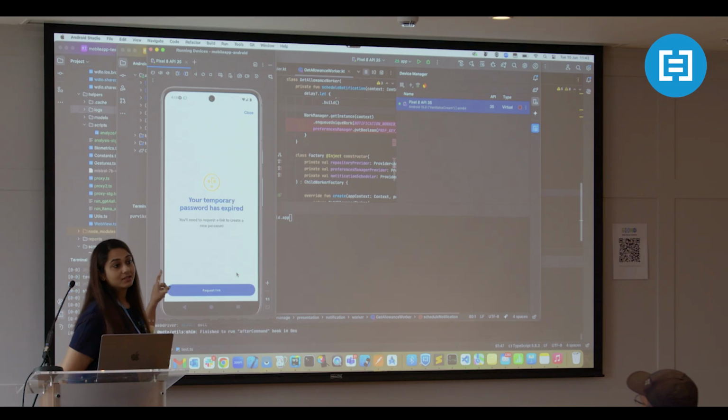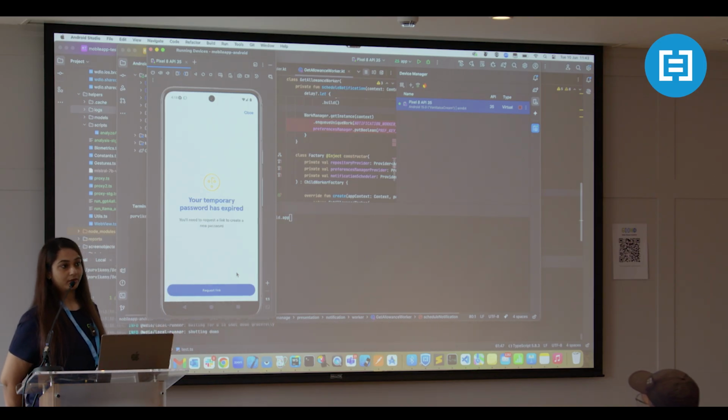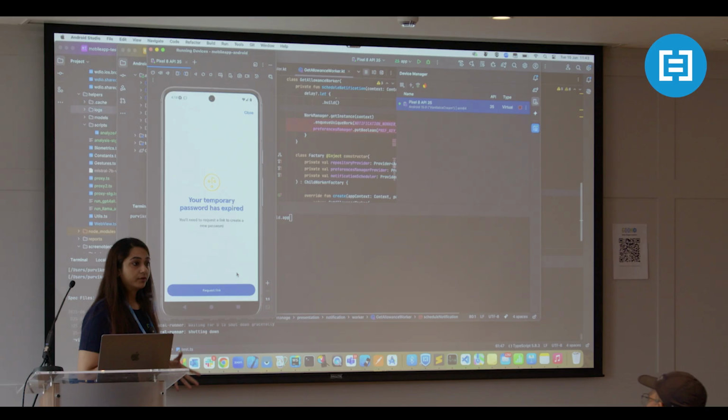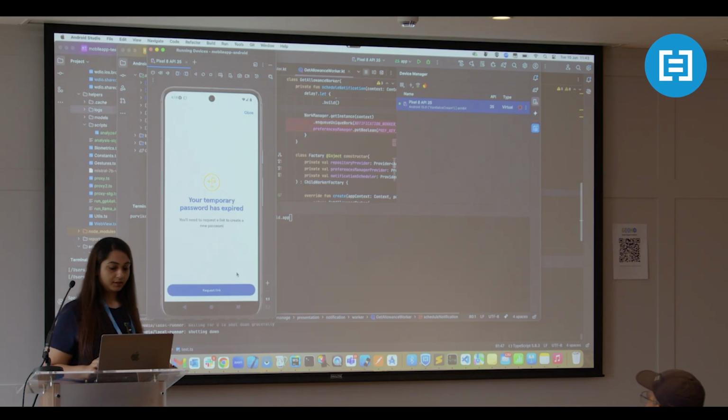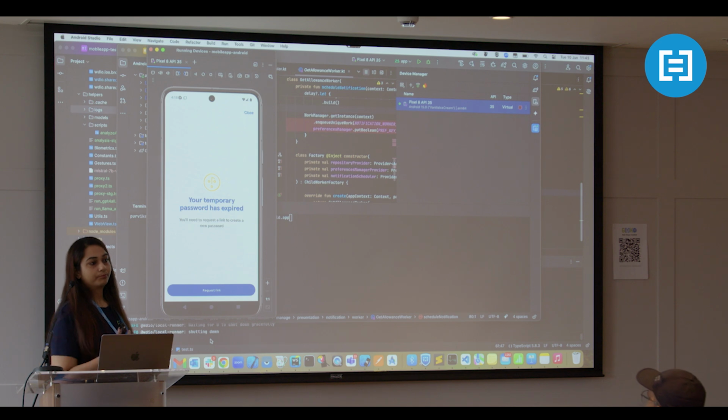But now what is happening is it will show me the expired password screen because my proxy is running it in the background. So it has intercepted this API and it has injected the body that I wanted to. All right. I've purposely kept this page open instead of closing it so that we know that we are on the expired password page.